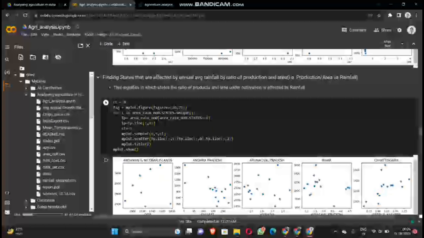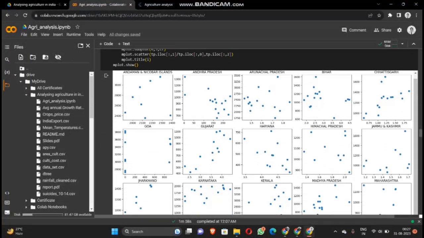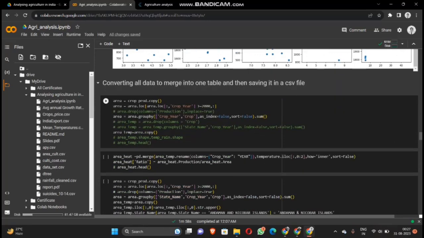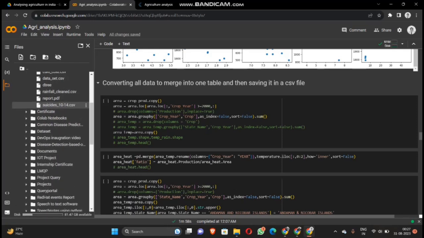Similarly, for the ratio of production per area, we are analyzing production per area versus rainfall, because these are the key factors. That's why. Now we are converting all the data which we have analyzed into one table, which we have saved as a data set, which you can see here,